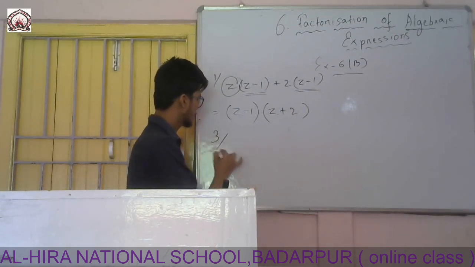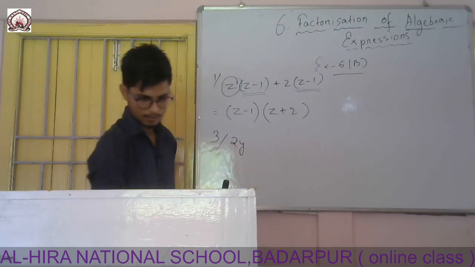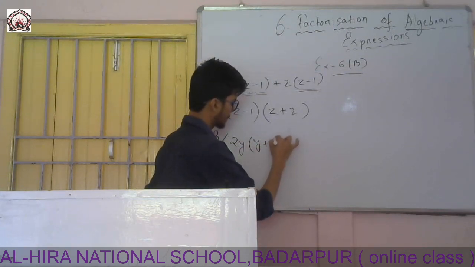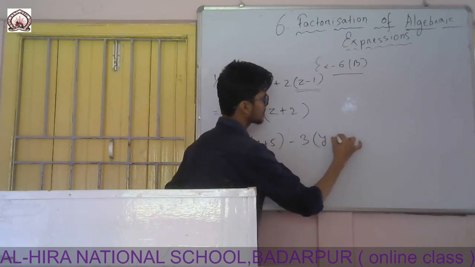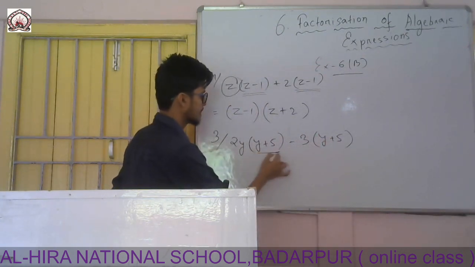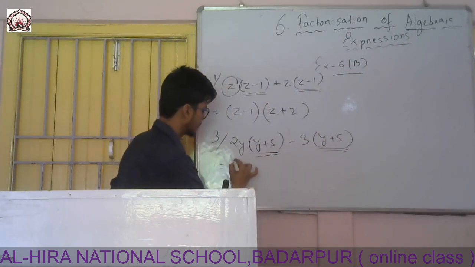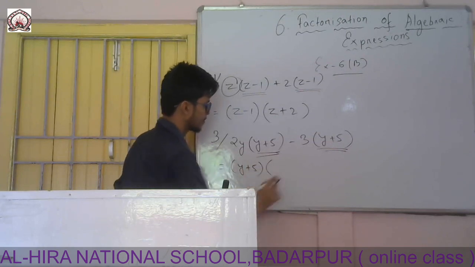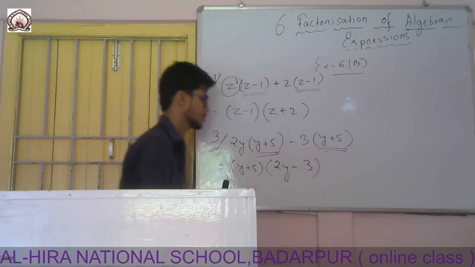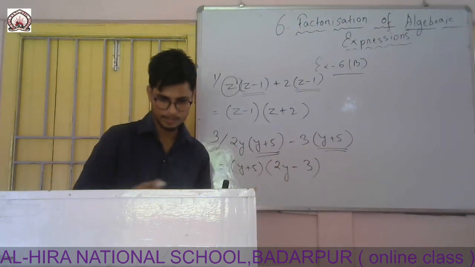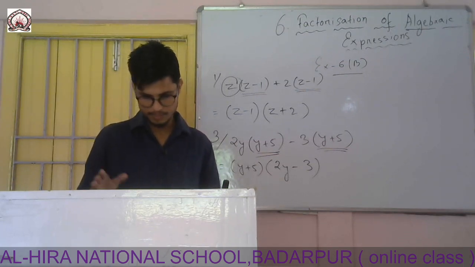So now question number 3. Twice y plus 5 minus 3y plus 5. Same as earlier. This term is common. This is a binomial term. This one is common. So first of all I will write this one. Now I will give the bracket. Which one is left? There are 2y left, there is a minus sign and there is 3 left. So these are the factors. Okay. Now move to question 5, also same, 6 same, 7 also same, 8 also same.